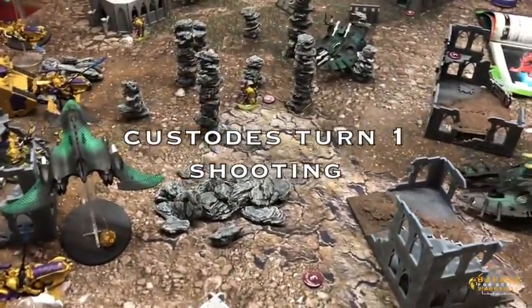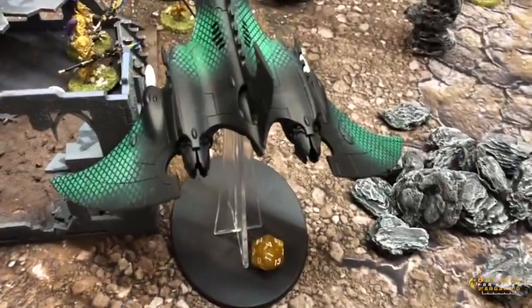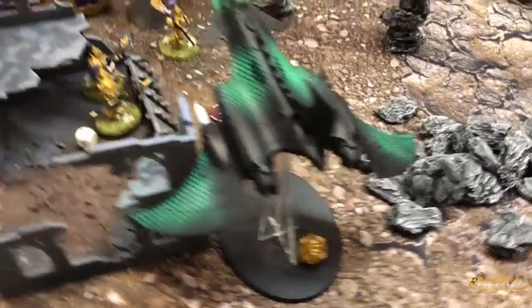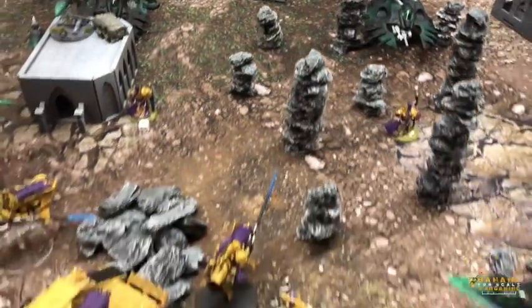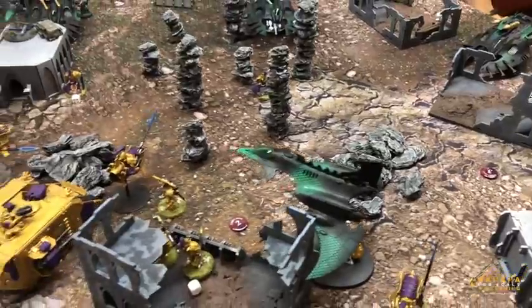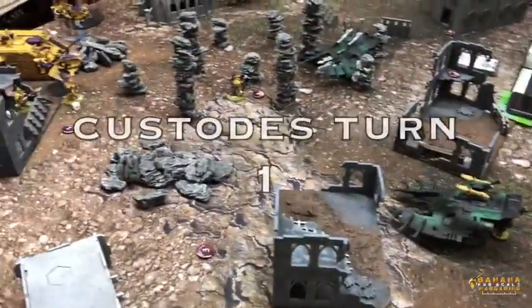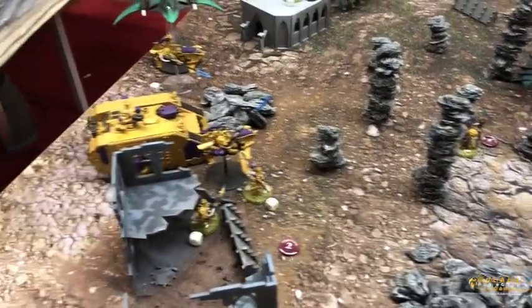Okay, Custodes turn 1 shooting. We shot a lot of stuff into this here and took it down to 4. We also shot a lot of stuff into this, took it down to 7, and we shot a Wind Rider off the table as well. So we're going to go into the charge and fight phase. It's not been that successful in terms of damage, but let's hope we can make up for it in the charge and fight phase. 3. So, end of Custodes. Turn...